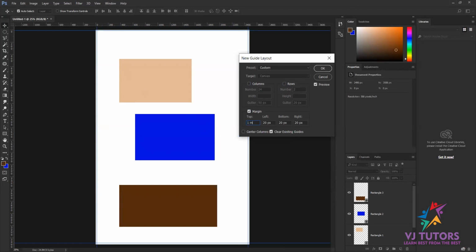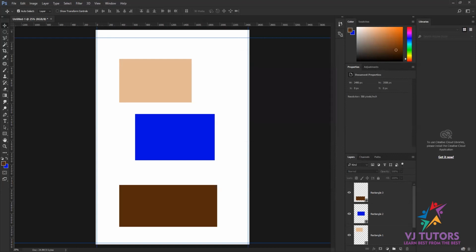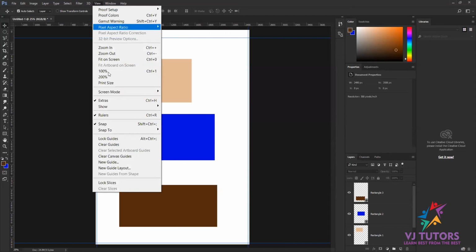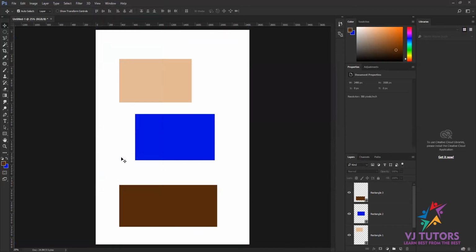If I use 30 pixels, it will give me exactly 30 px. And once you are done with it, just click on OK. So it automatically gives you the margin. Or if you don't want any margin, just go to view and again clear canvas guides, and it automatically gets turned off.